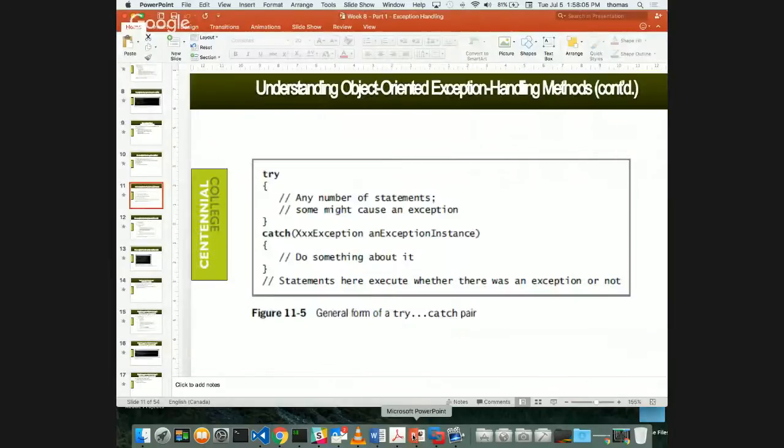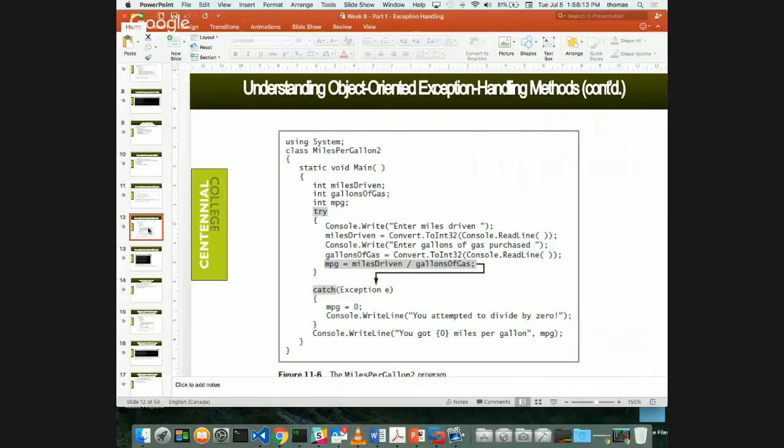We've handled a couple of easy ones, and again, this is the general form for exceptions. That's what it looks like. Here's some, again, in your book and on the PowerPoint slides, if you ever want to refer to this stuff, it always talks about how to do this. Now, the reason why this exception worked for us is that we're both integers and we're converting it to another integer. Either way, miles driven over gallons of gas is still going to produce miles per gallon of 0 for sure,